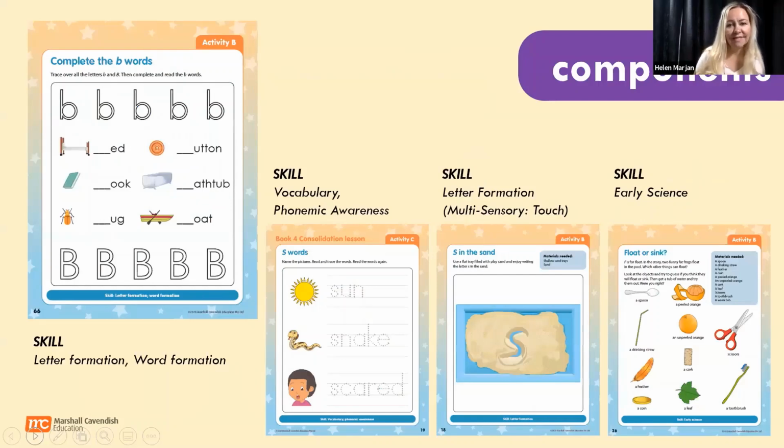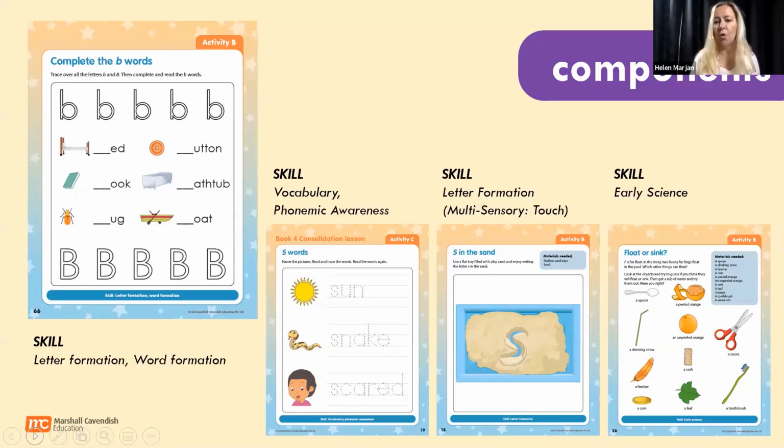Okay, in the activity books at the back, we've got writing practice sheets because children do need to practice letter formation. So they do this alongside learning the phonics sounds. We have handwriting practice for words and phonemic awareness. We have activities, when we say multisensory, such as the letter S, writing it in sand. I think the letter F, we write it in flour.